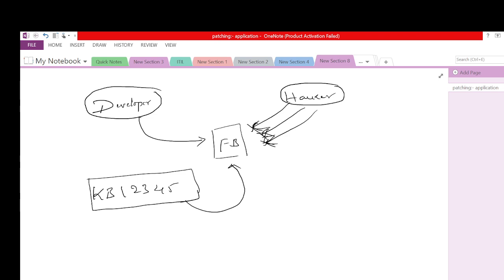Meantime, when the application goes live, the developer will start looking at what all vulnerabilities and loopholes are there in the application, either performance or security, both. They will fix that issue. That is called patching. So this KB is nothing but the patching. If people are talking about support, Microsoft is not supporting Server 2012.